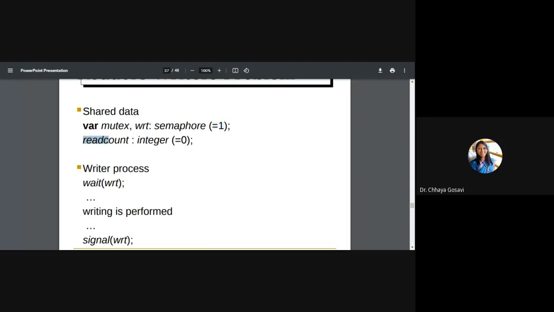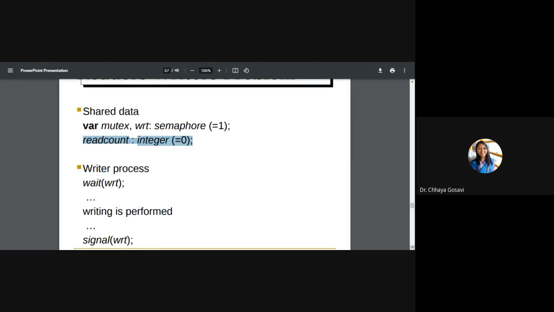And we need one variable, read count, which is initialized to 0. If read count goes to 0, then only writers are allowed. Whenever a new reader enters, we increment this value. When a reader leaves the critical section, we decrement it. And when all the readers leave the critical section, then we allow writers to enter.